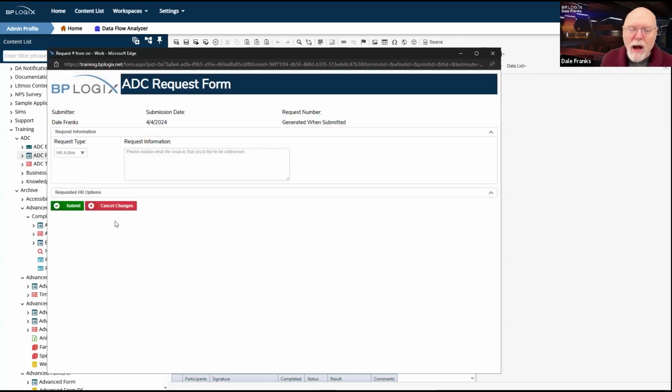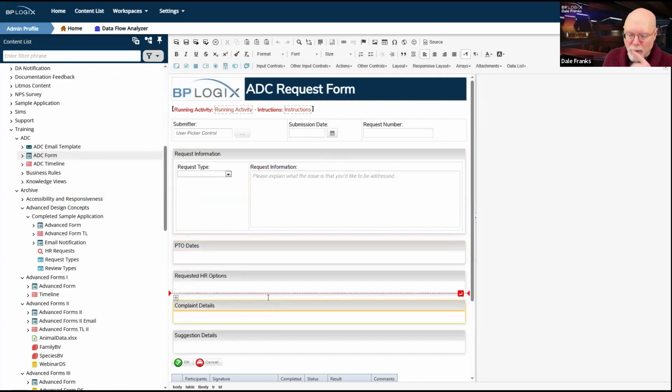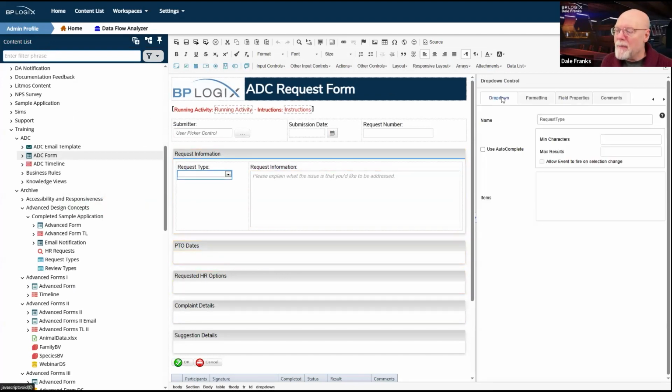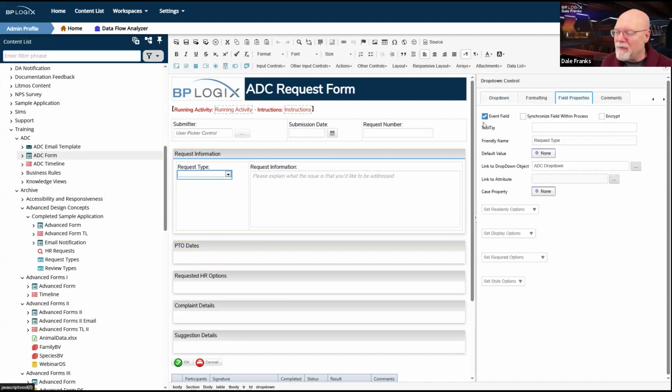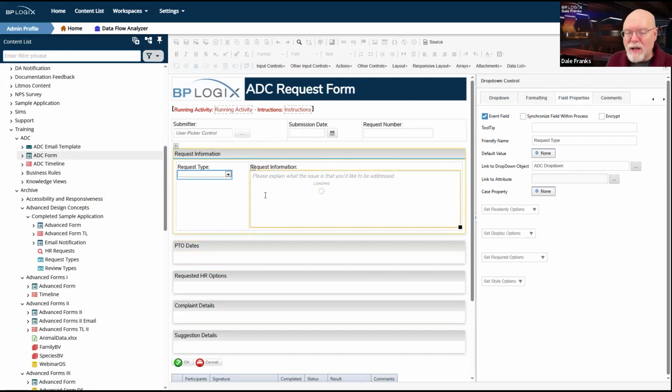that I choose, I'm going to see different information that is available to me to fill out on the form once I throw those appropriate fields in the form. Now, because I have set request type as an event field, a couple of things are going to happen. One thing is going to happen that I don't particularly like and that I need to fix, which is what happens when I change the value of request type. I am going to need to ensure that my focus, once I change that, goes to request information properly.